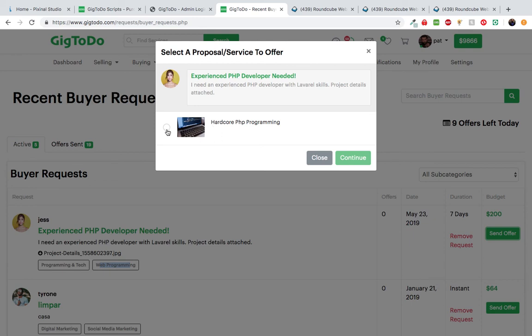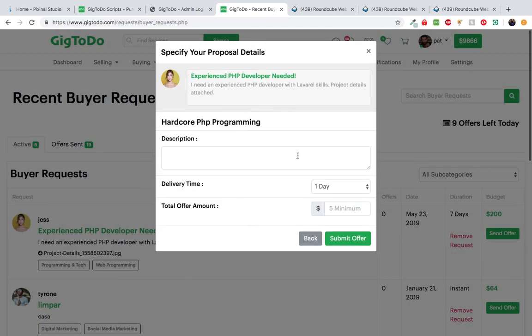So now, since Pat has clicked on send offer, he then clicks on this proposal. Again, this is Pat's proposal and this is Jess's offer. So Pat clicks on that and he clicks on continue. Now in this section right here, Pat essentially writes out his pitch. So Pat can say, I can handle this project. Please choose me. The reason I put please choose me is because Jess might receive thousands of requests from different